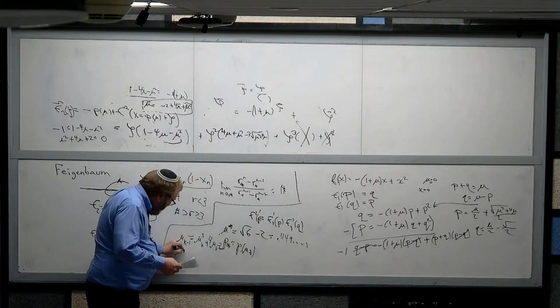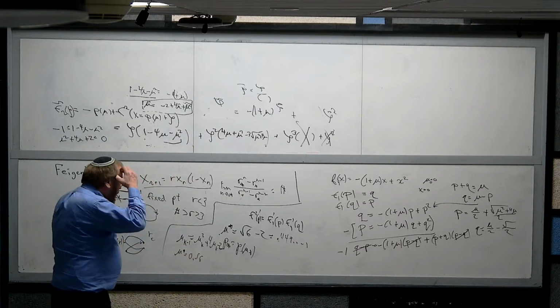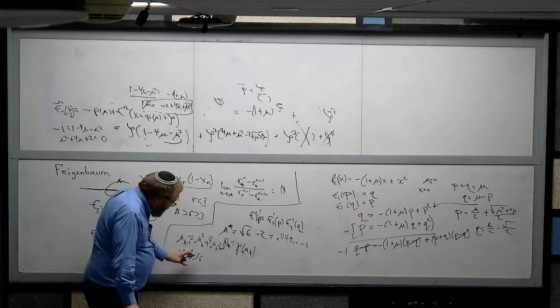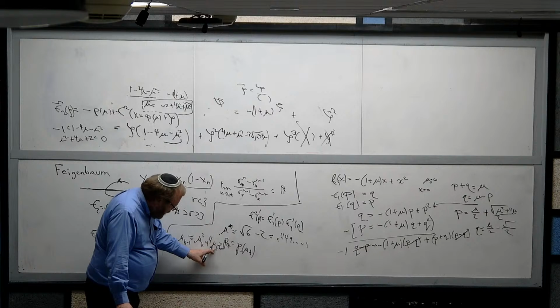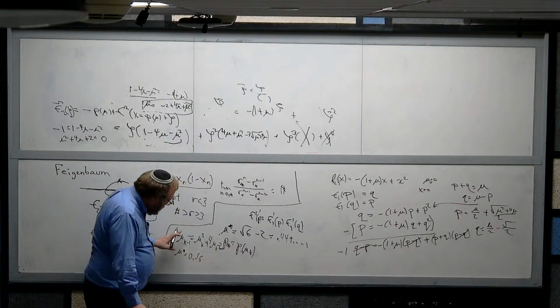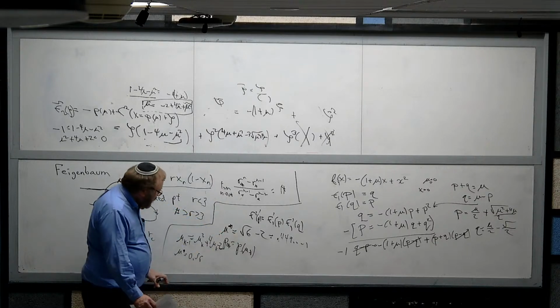But I don't understand what mu k minus 1 is. Well, you know that it's true for k equals 1, because mu 1 squared plus 4 mu 1 minus 2 equals 0 is this thing. Right? So the next one is